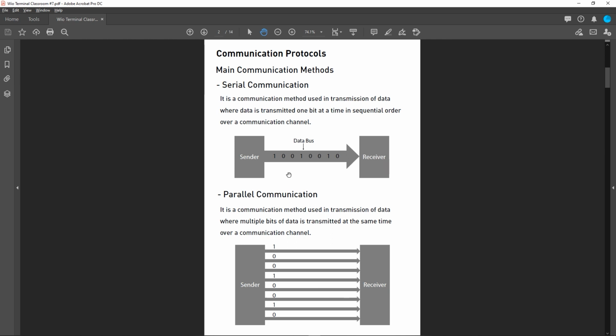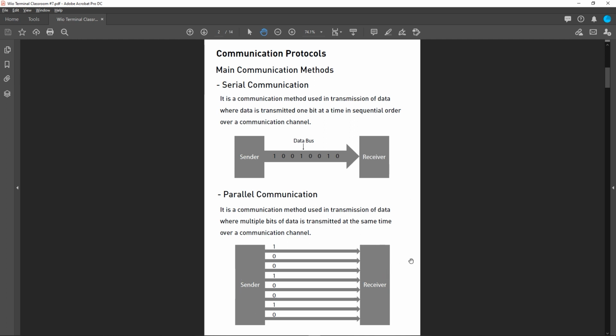In a serial communication method, the data from the sender is transmitted one bit at a time in sequential order, so every bit follows the other in one single line. But when parallel communication is used, the data is transmitted at the same time, so all the bits of data are transmitted at the same time from sender to receiver.